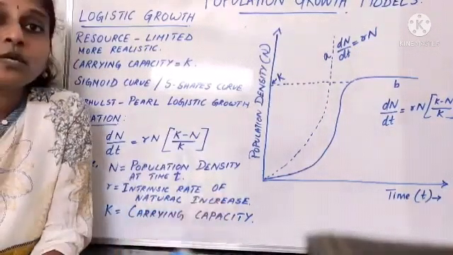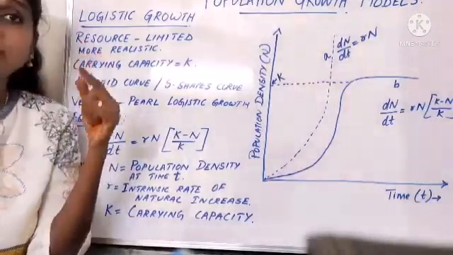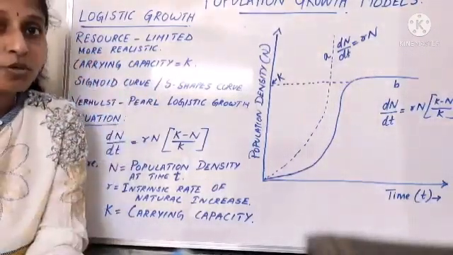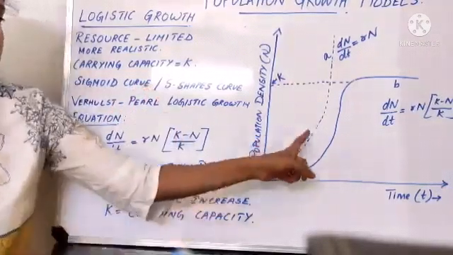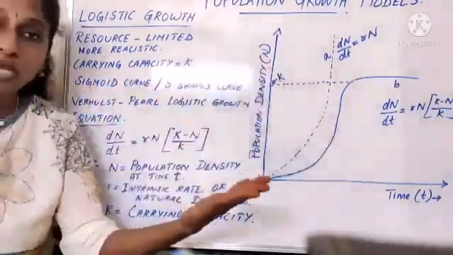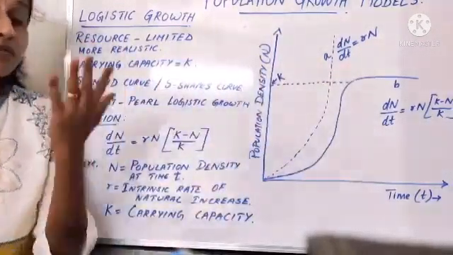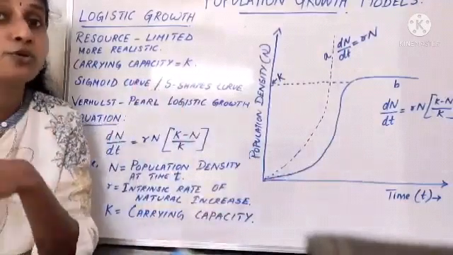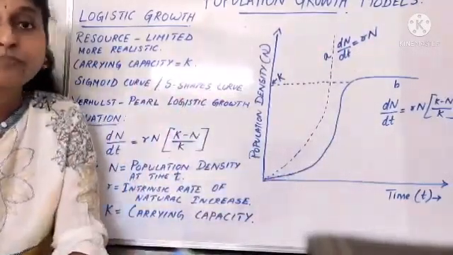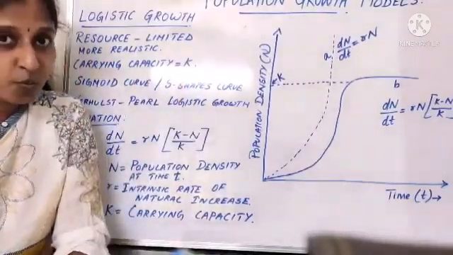So today we discussed two models. One is the logistic growth curve, and the other one was exponential growth curve. So hope everyone is clear with these concepts. This J shape you get when the resource is unlimited, and S shape you get when the resource is limited. And which is more realistic? The S shaped one. Resource is always limited. You don't have unlimited resources. So with this, the population growth models are over.